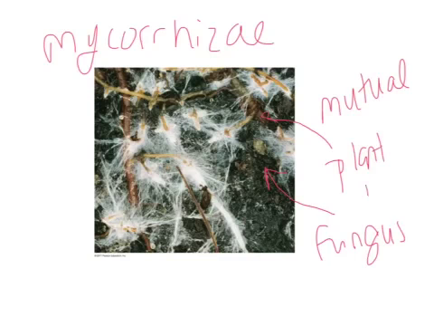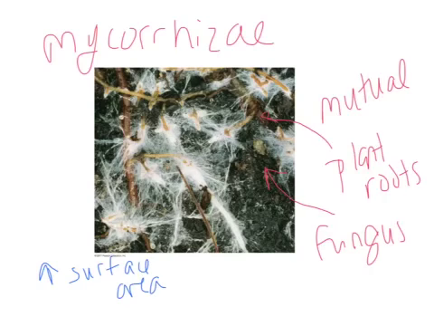Hopefully we remember that in a mutualistic relationship, everybody gets a benefit. So in this case, the fungus is going to get sugar from the roots, so that's a benefit. Remember, the fungus is not an autotroph, it's a heterotroph. So it's getting sugar supplied to it from the plant. The plant is increasing its surface area for water uptake. So the benefits for the plant: I'm increasing my surface area, and it helps with the uptake of certain minerals. It also stimulates the growth of the root and can provide antibiotics for the plant. So this is a mutualistic relationship that's going to help get more water and minerals into the plant